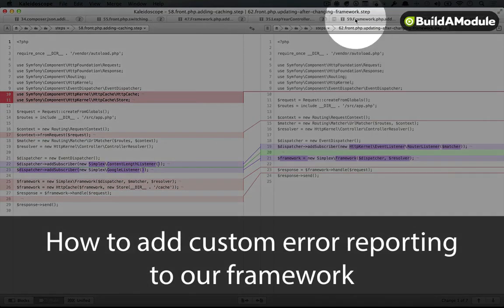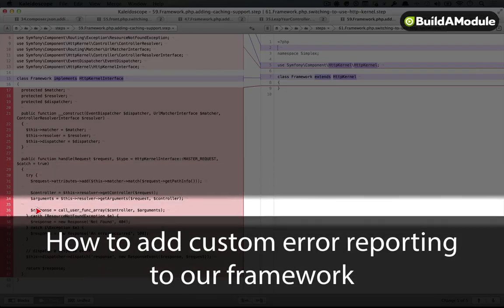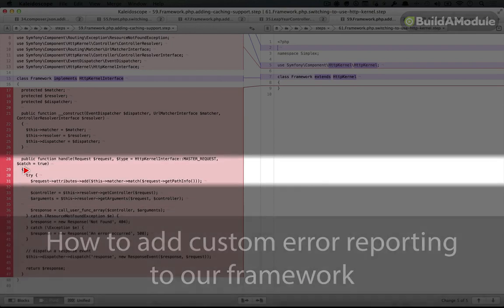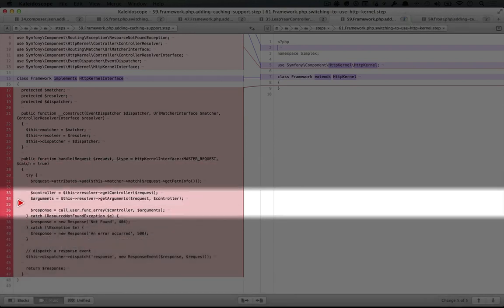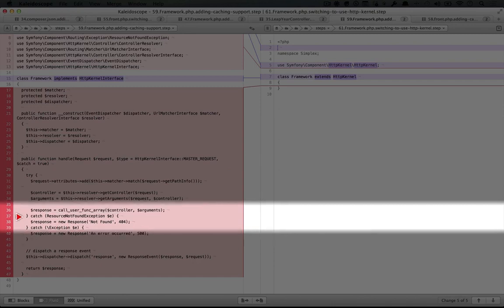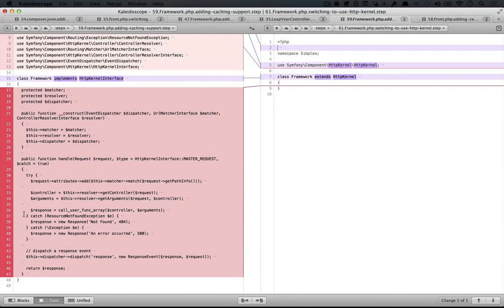Now that we've taken out the custom error reporting in our framework code, remember over here, if we look at our old version of framework.php, we did a try catch block in order to catch any exceptions and return values based on that. So how do we trigger exceptions now? Well, let's take a look at how to do that with the new HTTP kernel that we're using instead of